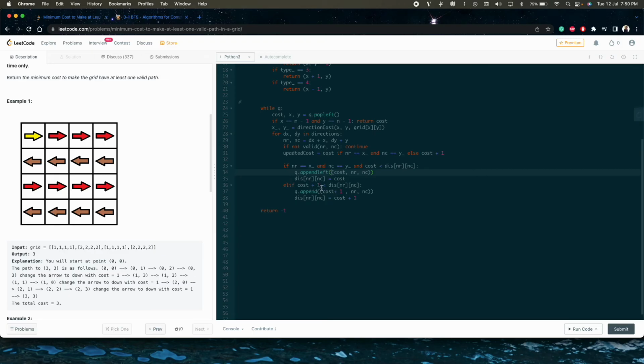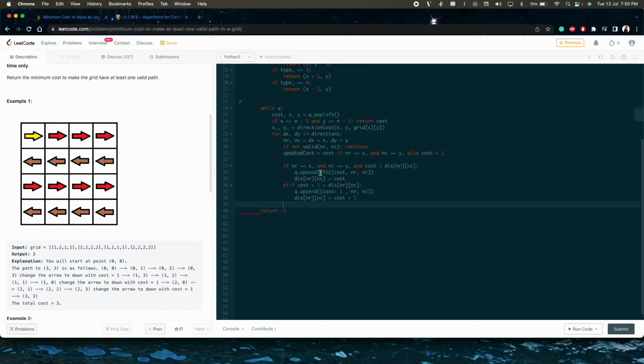Else if cost plus 1 is less than our previous distance, otherwise there is no point exploring this option, because this will give us a larger distance than before. So hence this,